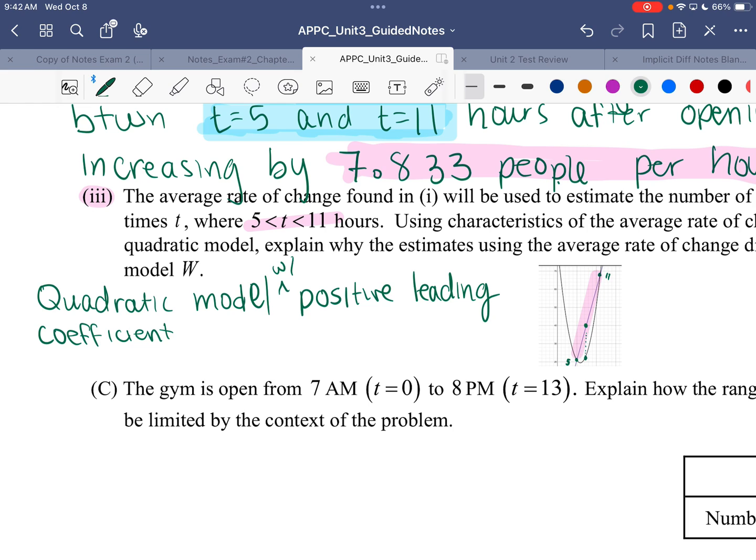That makes it concave up. Versus the line has a constant